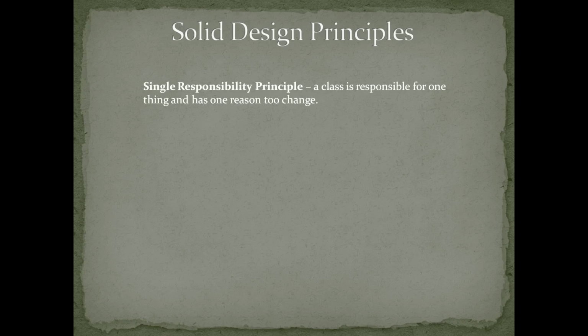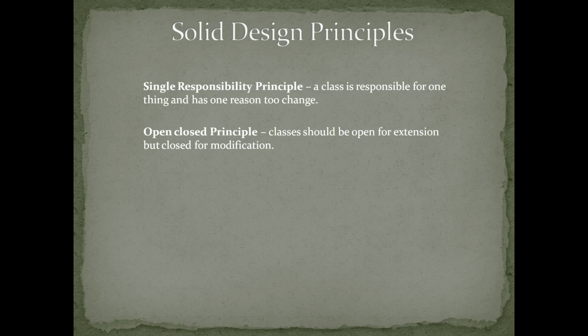This means that a class should be responsible for one thing and have one reason to change. For example, if you are designing a class to manage user authentication, then that class should only handle tasks like validating credentials, nothing else. Then there is the open-closed principle, where classes as you build them should be available